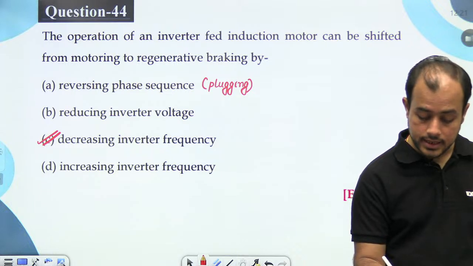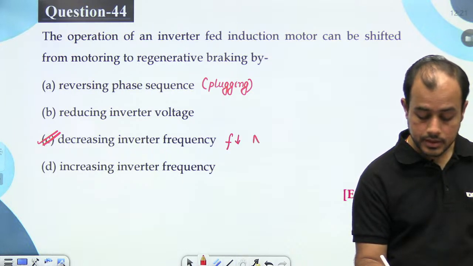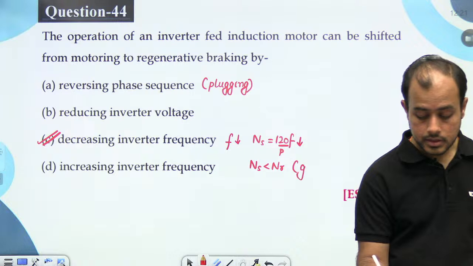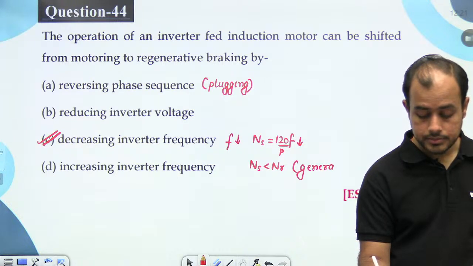But if you decrease the inverter frequency, ns decreases, ns is less than nr, so the machine comes in